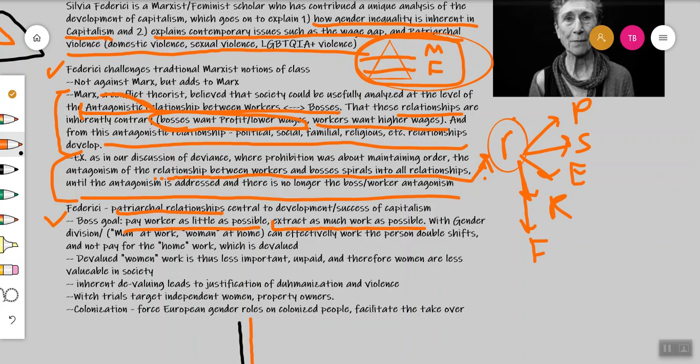And one of the main things that made this really possible at the earliest stages of capitalism was this gender identity of man, quote unquote, at work and women at home. So this division of labor, the separation between men and women, where men do work that is worth being paid for, and women stay at home, essentially you can effectively get a person to work a double shift. So if somebody prior to this division worked 5 or 6 hours a day and then had to go home or worked at home to then clean clothes, make food,